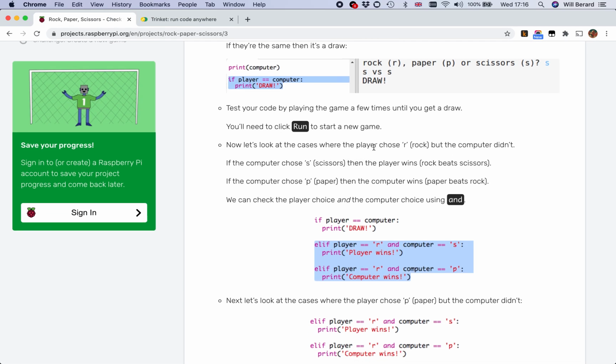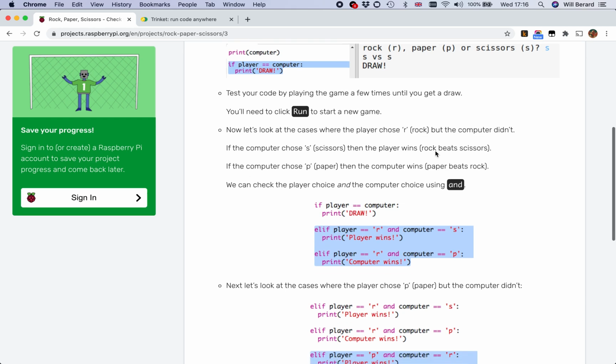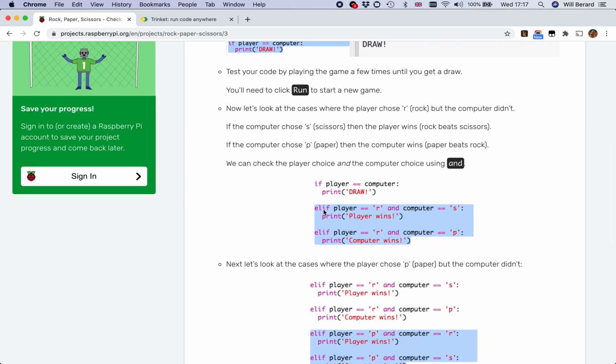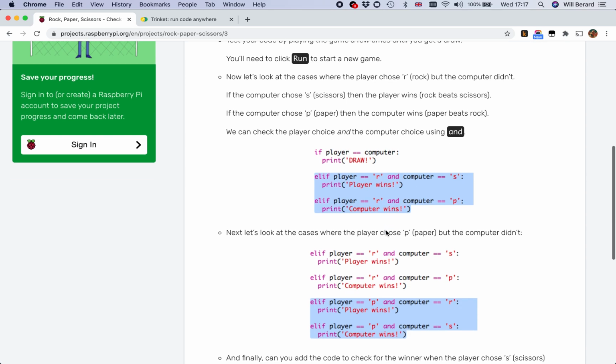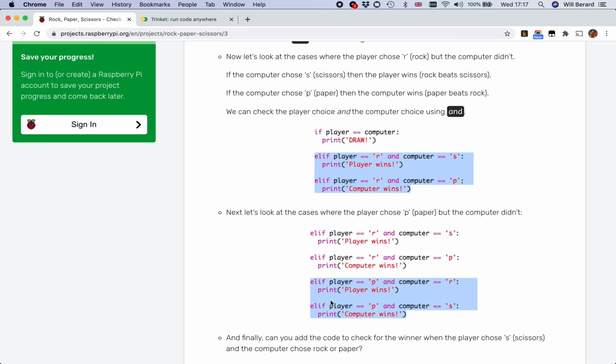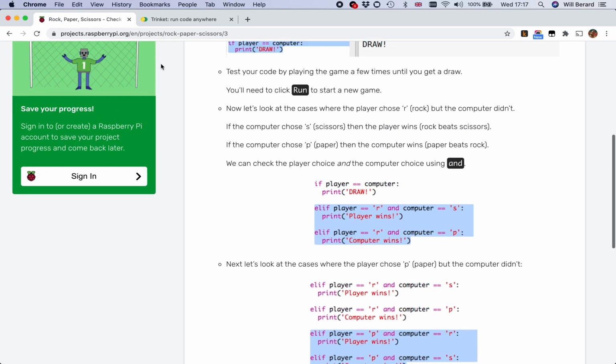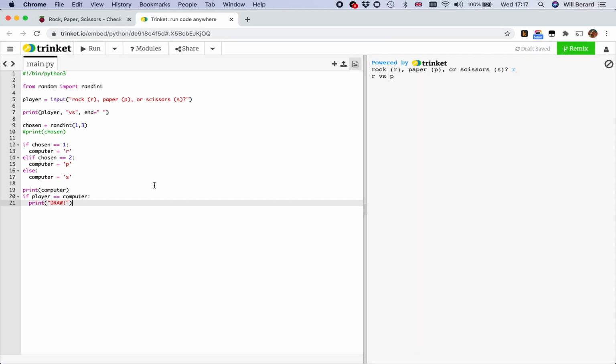Now, let's look at the case where the player chose R, but the computer didn't. So we need to do an elif player equals R and computer equal S. Elif, in this case the player wins, and then elif player equals R and computer equal P. So we'll need to do 6 of those, elif, elif, elif, 2 for rock, so elif player, so player equals rock, and